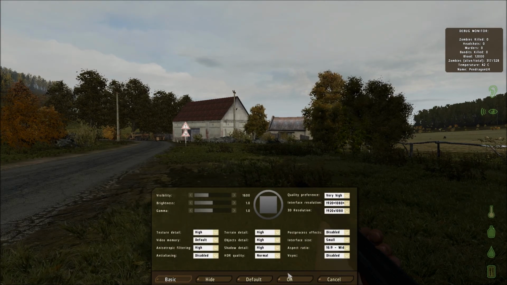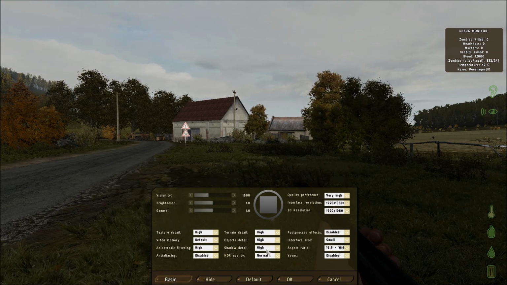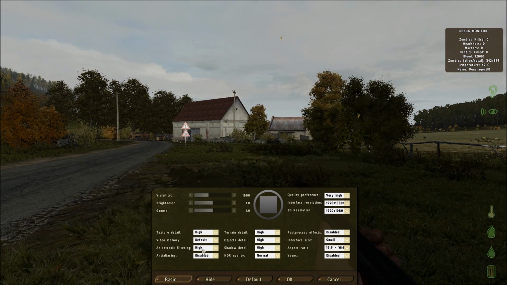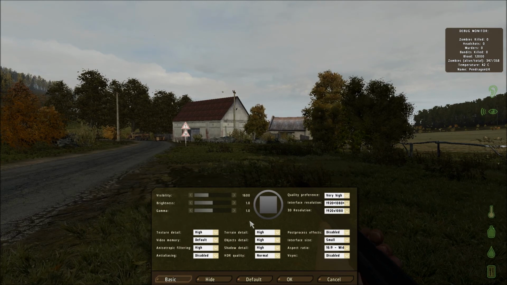Most of it is on high. I have post-processing disabled because I don't like it. Terrain on high, shadow detail on HDR normal, anti-aliasing disabled, but the view distance down to 16. Normally in Arma I run this higher than this, and definitely if I'm playing on the desert maps, I have it much higher than this because,